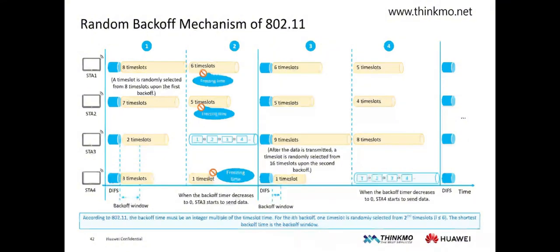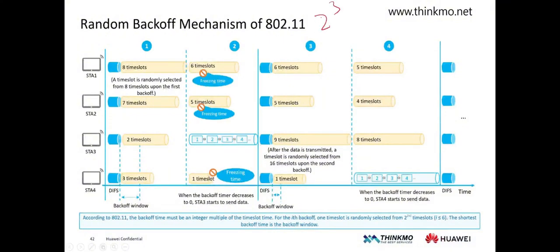The main topic is the backoff mechanism. We have already mentioned who sends RTS or who starts sending data after DIFS. We have a formula for calculating the backoff time. So, what is it? It is the backoff mechanism time, which must be an integer multiple of the slot time. The actual first backoff occurs at